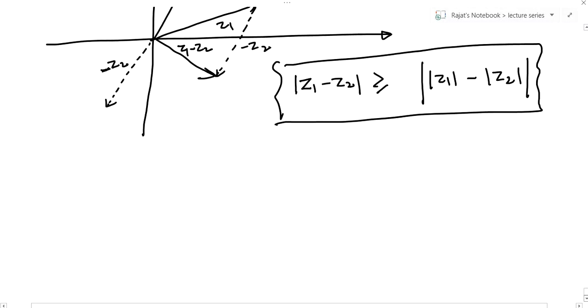So it's pretty simple. We will see how we can use this inequality in problem solving. I'll be solving a question, but since we are now running out of time, I won't be able to solve it in this video lecture. I will solve questions in future video lectures, so don't worry.